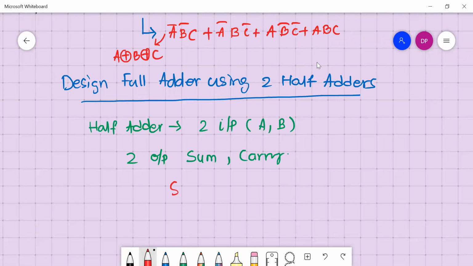This is for a half adder. Sum will be equal to A XOR with B, and what will be the carry? Carry is equal to A AND with B, isn't it? Once cross check.